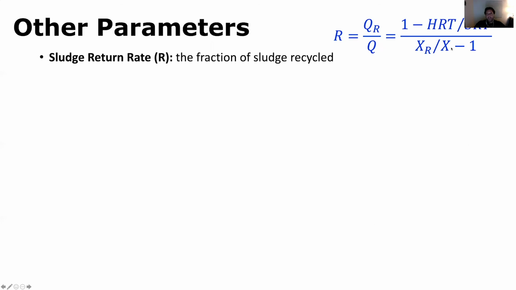Some other parameters that we can keep in mind are the sludge return rate. This is the fraction of sludge that's recycled in the system. So it's the flow rate of the recycled sludge divided by the overall flow rate. It's also equal to 1 minus the ratio of HRT to SRT divided by the ratio of X sub R divided by X minus 1. All right, so you can relate these terms to the flow rates of